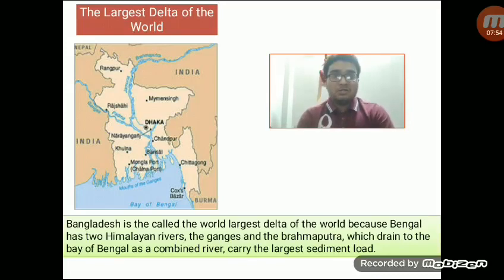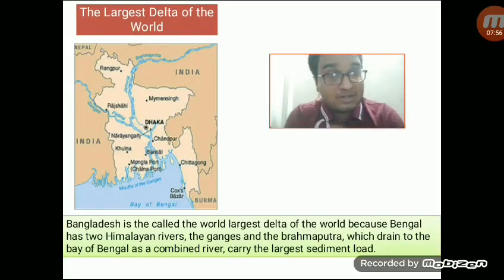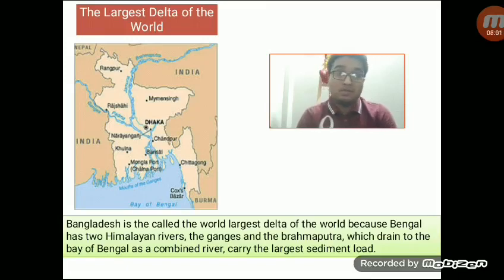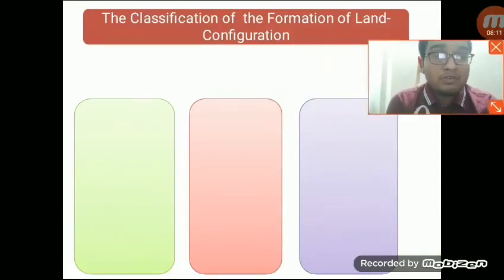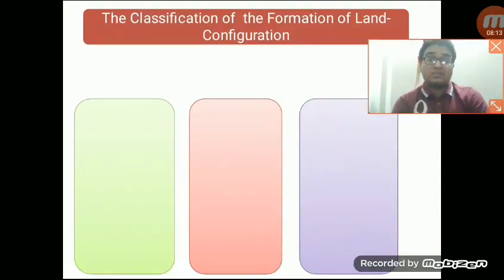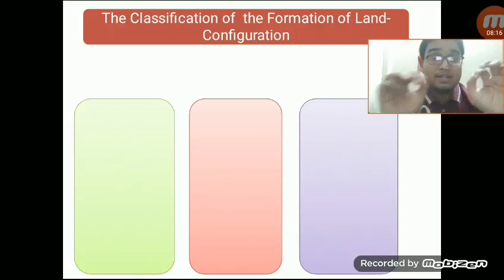So this is the thing: Bangladesh is called the largest delta of the world because Bengal has two Himalayan rivers, the Ganges and Brahmaputra, which drain to the Bay of Bengal as a combined river, carrying the largest sediment load. Okay. So dear students, now I am going to discuss the classifications of the formations of land configuration